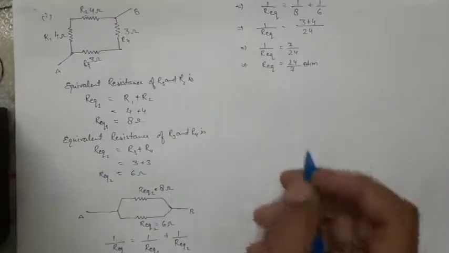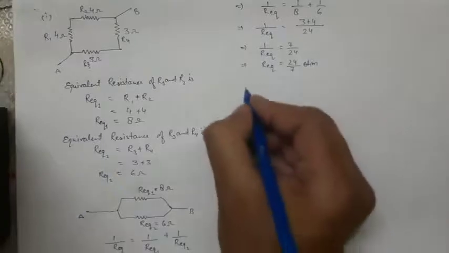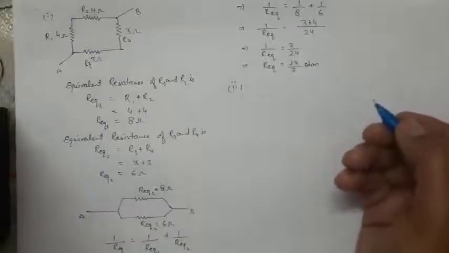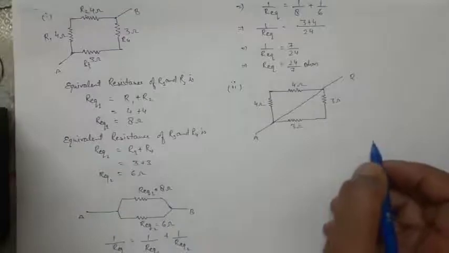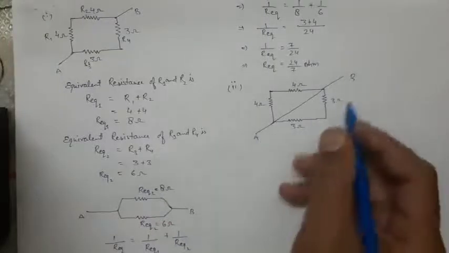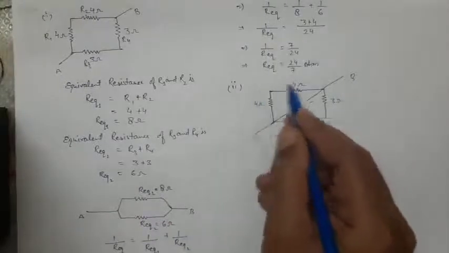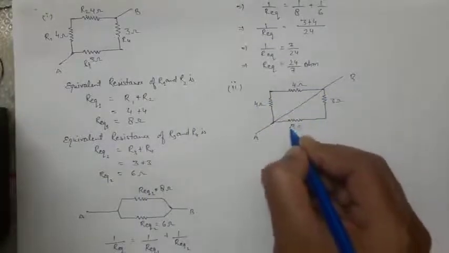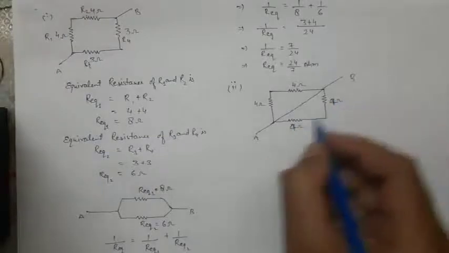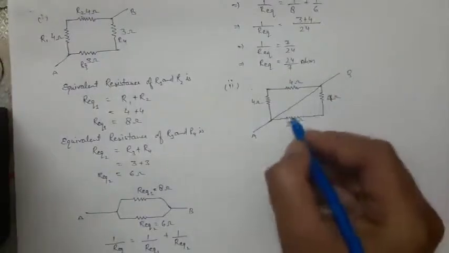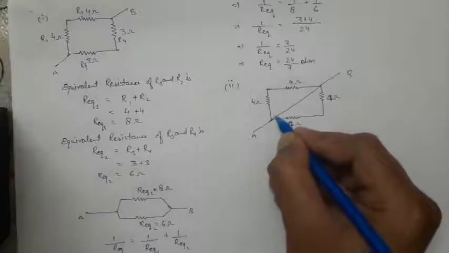Hope you understand what the value of equivalent resistance is. Now we solve another question. This is your next question. In this question, we see that there are three paths when moving from point A to point B. One path is through the 4 ohm and 4 ohm resistances. Sorry, it's a 4 ohm in your question. Another is through this one, and the third, hidden path is this one.